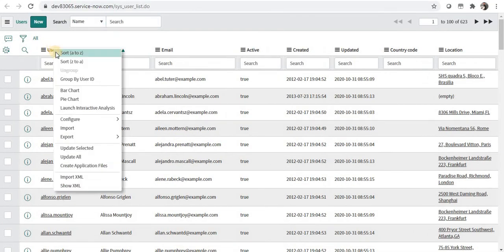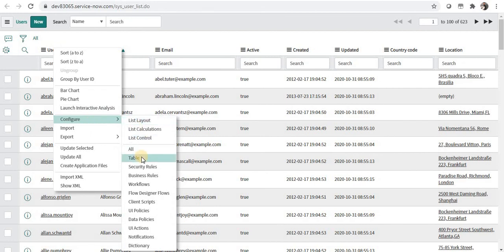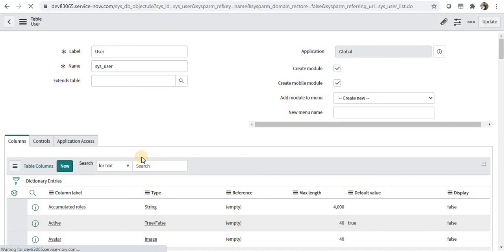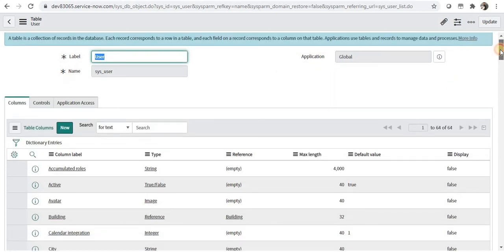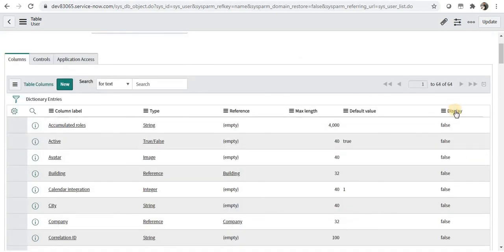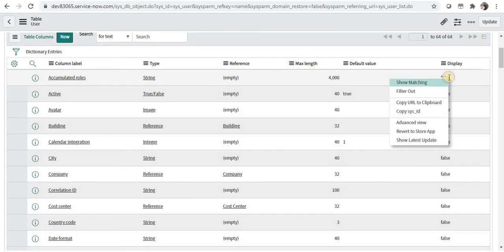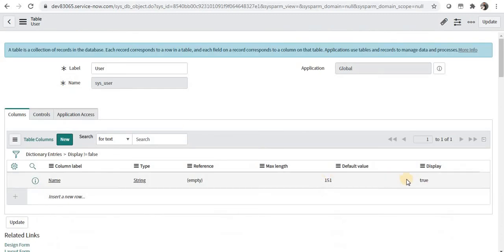I'll right click on any of the headers and I will say configure table, and under columns you can see there is a column called display and all the values are false, and there will be only one value which will be true. So I'll just filter this out and you will be able to see only one display value is true.